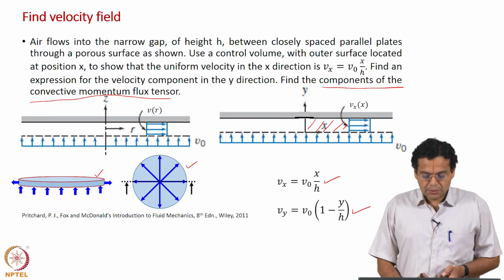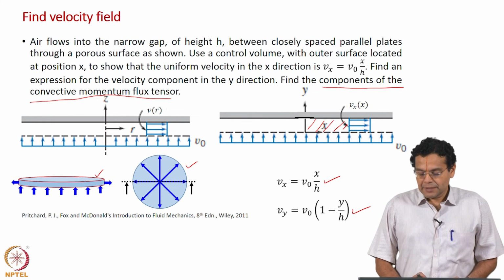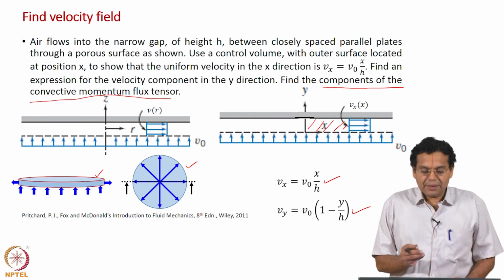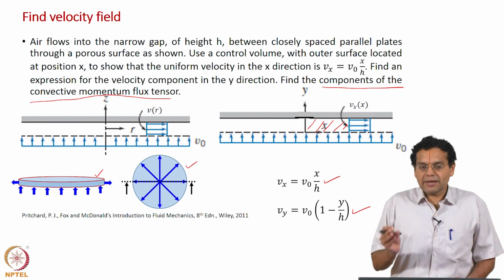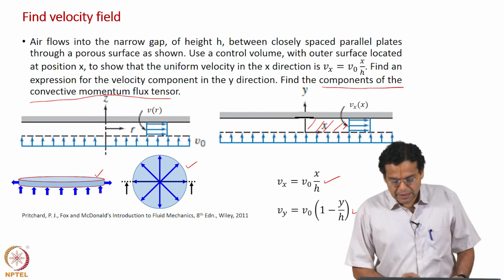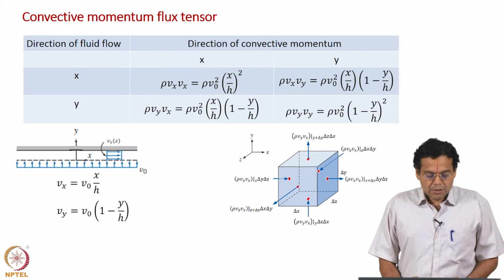Now, remember the reason for choosing this example is that we have both the velocity components, so that you can have a better understanding. At least instead of 9 components we will have 4 components. Otherwise, we will end up with only 1 component and so on. And of course, Vx depends on x, Vy depends on y.